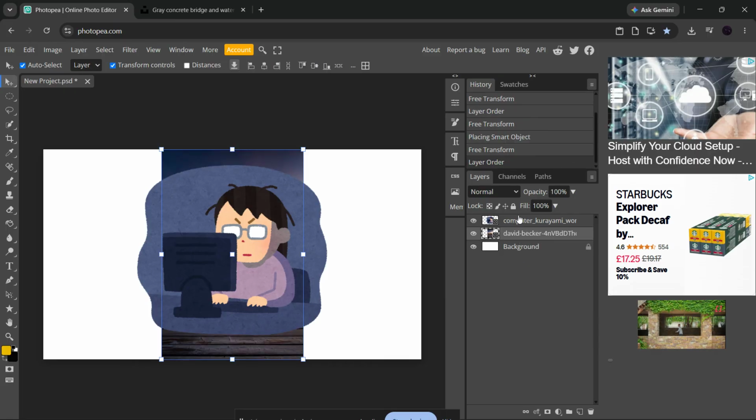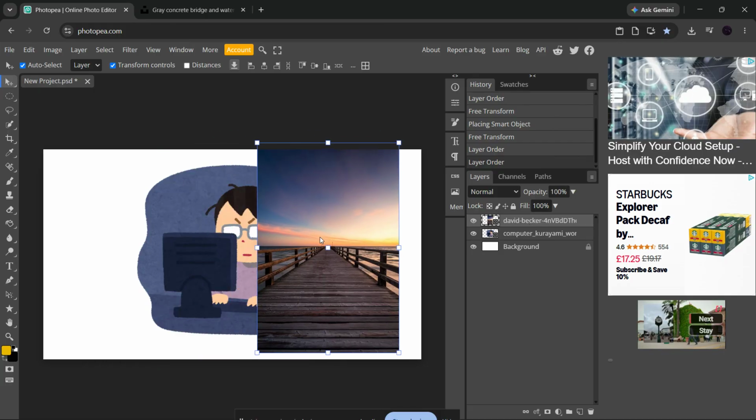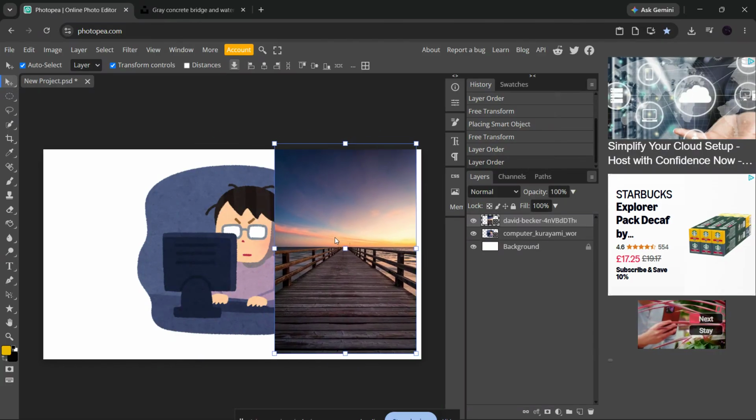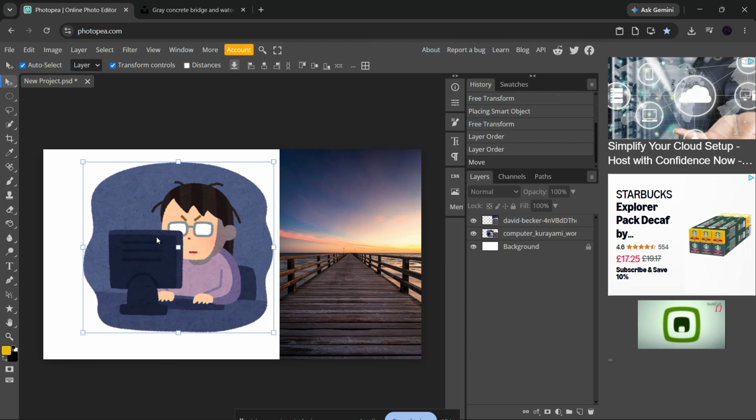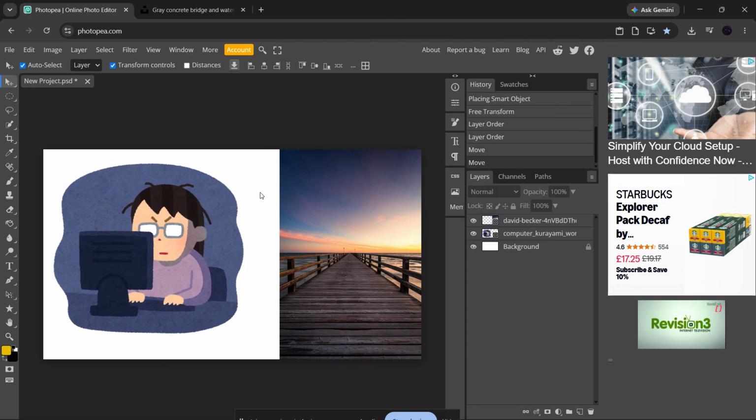From there, just adjust the size if needed, move it into position, and press Enter to place it. If you're working fast and don't want to go through the menu, drag and drop is a great shortcut. It's simple, intuitive, and works really well for quick edits. Just remember that after dropping the image in, you still need to confirm it by pressing Enter, otherwise the transform